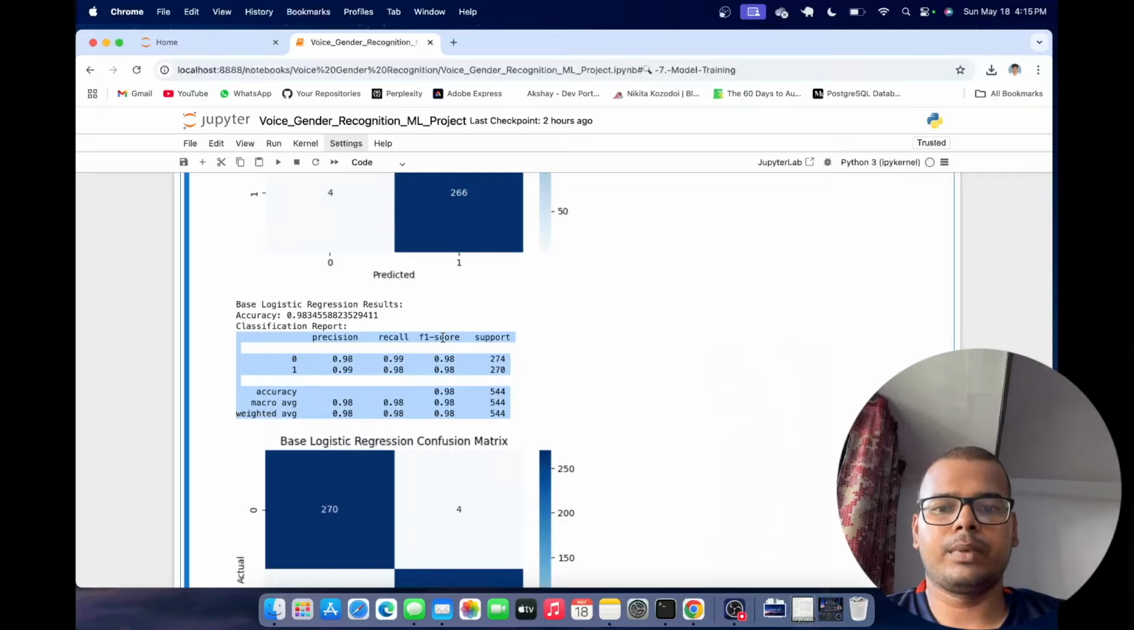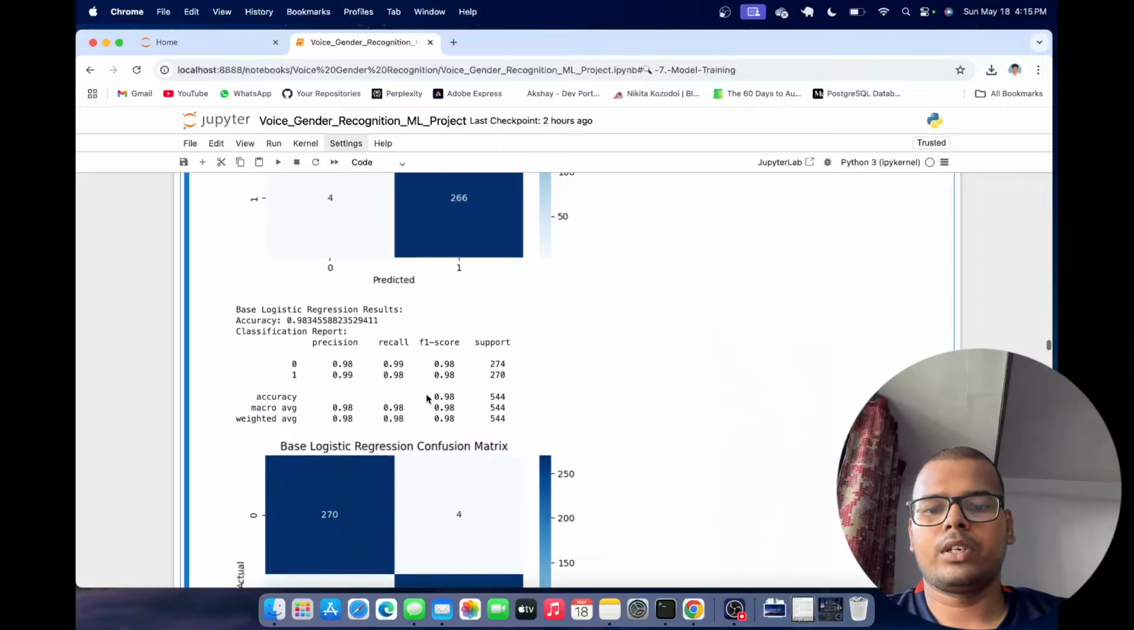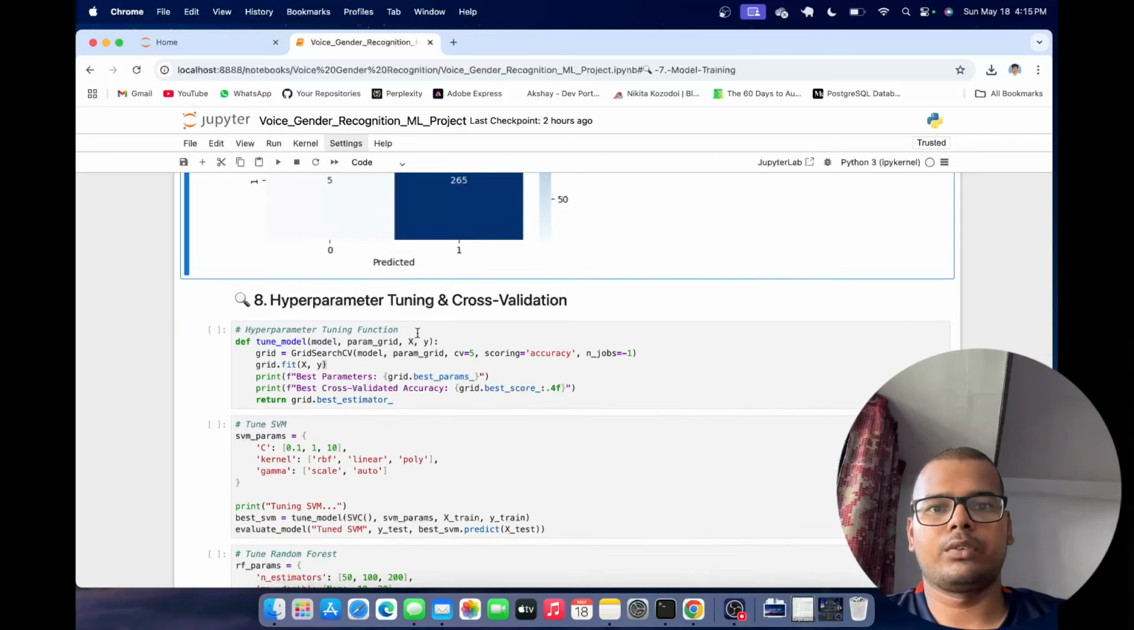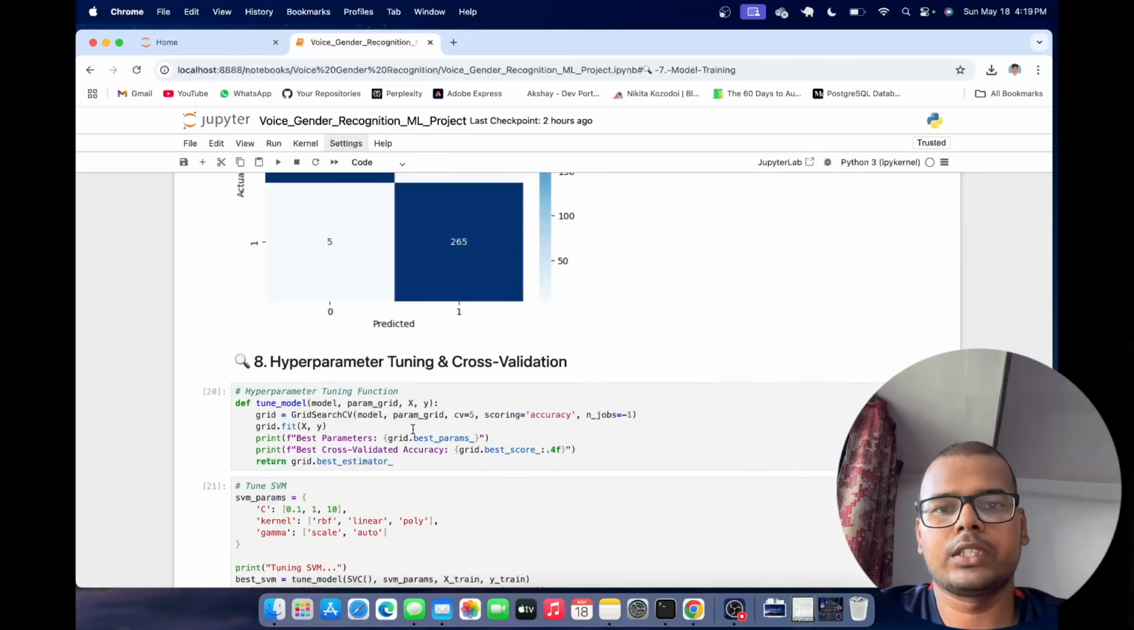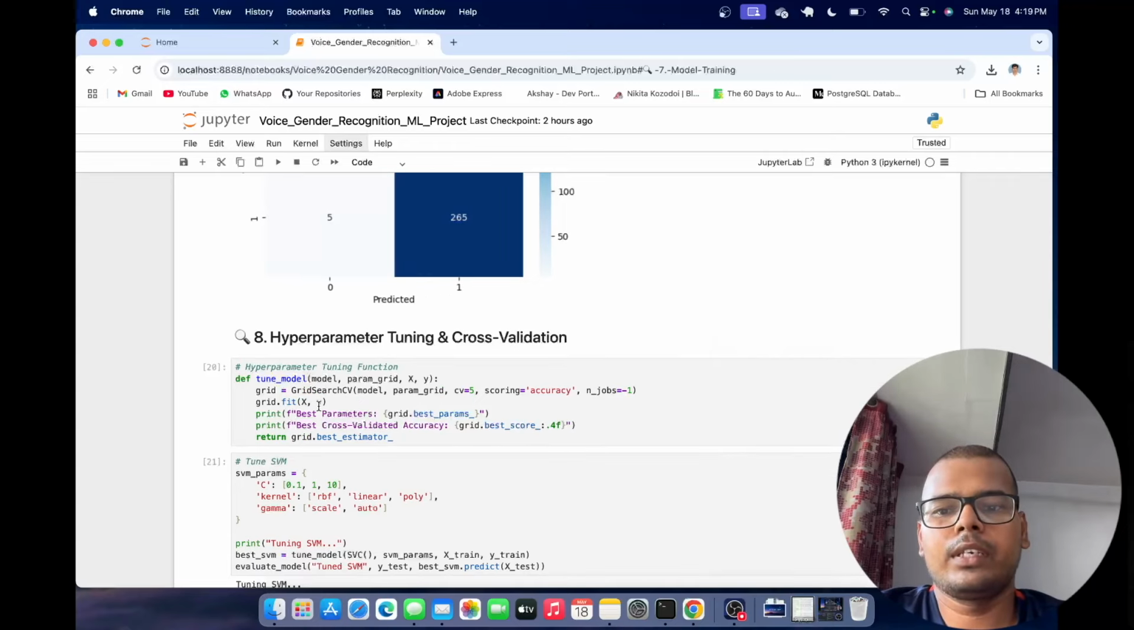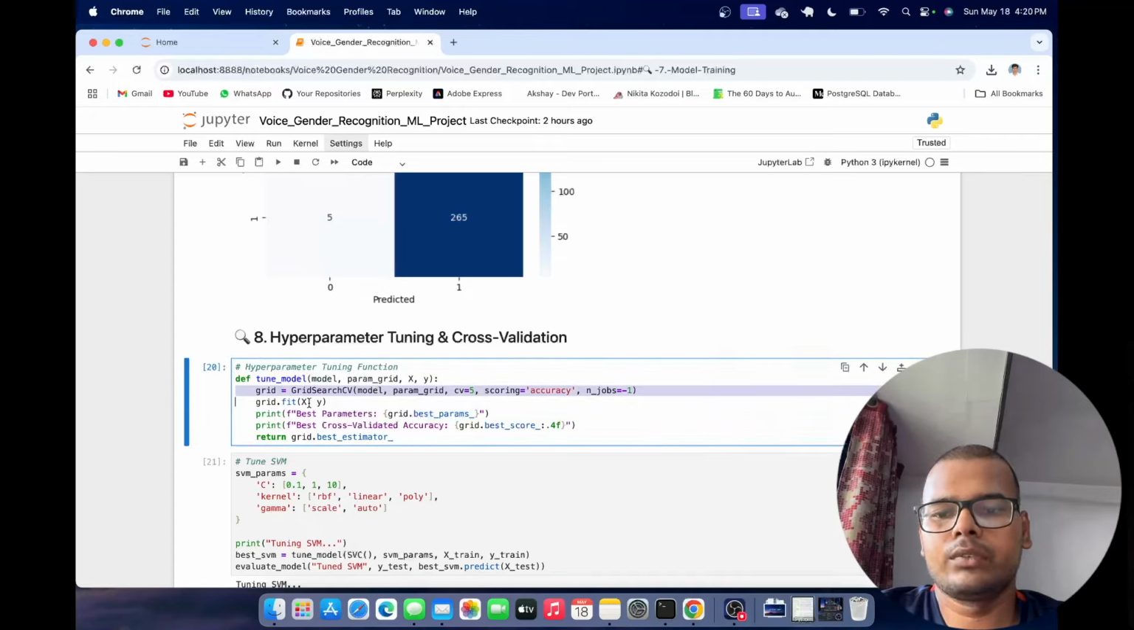This was basically the baseline for all three different models, but now we will go on to the hyperparameter tuning part and then do the cross validation on that. First, we will create a tune model function which will take model, parameters grid, and x, y as input. This function uses GridSearchCV to train the model, and then it will tell us the best parameters and the best cross validated accuracy of that particular tuned model,